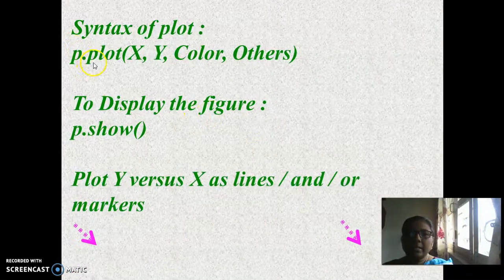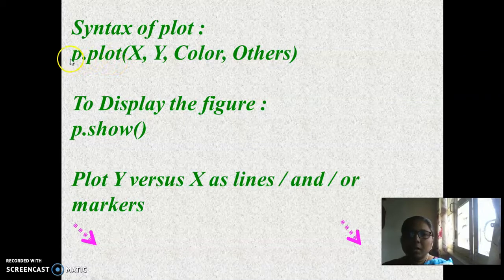So let us see the syntax of the plot. As we know, p is the other name for matplotlib.pyplot. So we say p.plot to get the line chart. We use the plot command to get the line chart. So we say p.plot, and what are the arguments that are given inside the parenthesis? That is x coordinate positional values, y coordinate positional values.